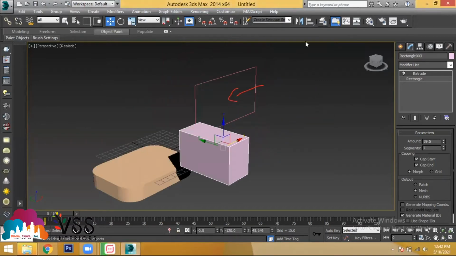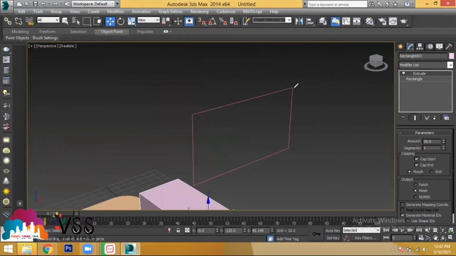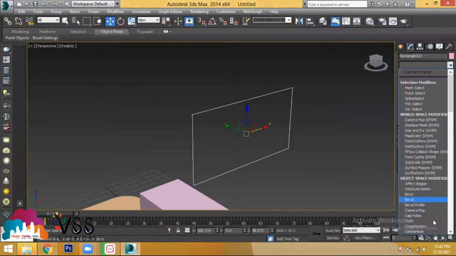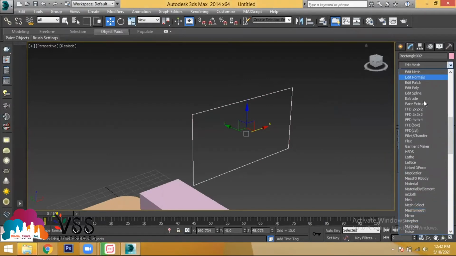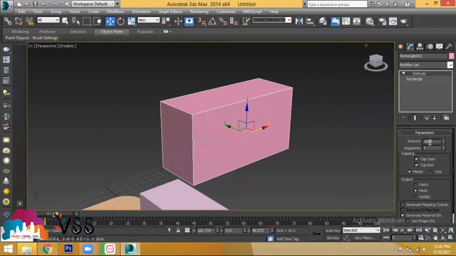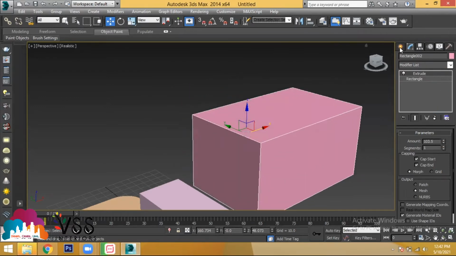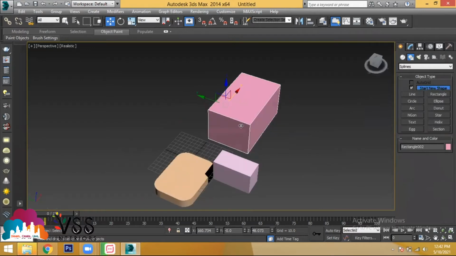Okay. Now let's say you go with the front face. If you provide height for this, what happens? The height has to come towards this direction or towards that direction. So you can provide it either in this direction or in that direction. Now select the sketch, go to the option called modifier list, and provide the tool called extrude. When you choose extrude, you'll be getting the height towards this direction, or in the opposite direction when the dimension you have is in minus values. Clear? So this is how we provide height to the objects. Yes, sir.